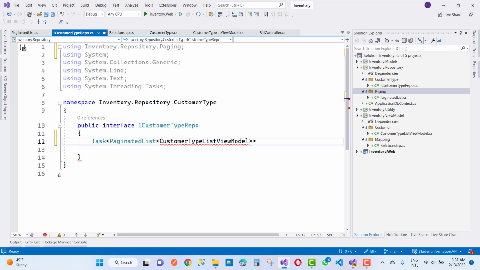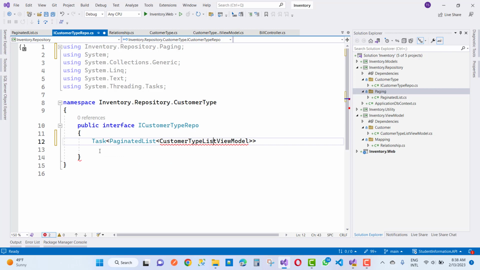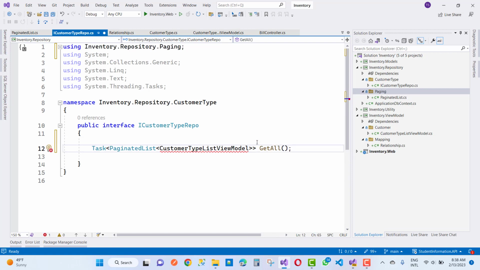What's going on? And here we have GetAll as the method name. Okay, so here we have an inventory repository, and paging is also there,